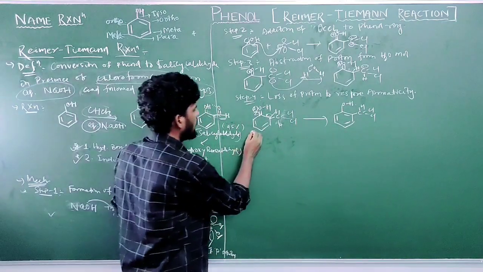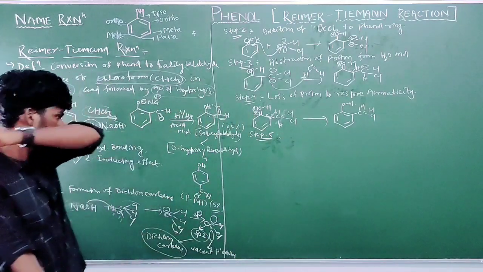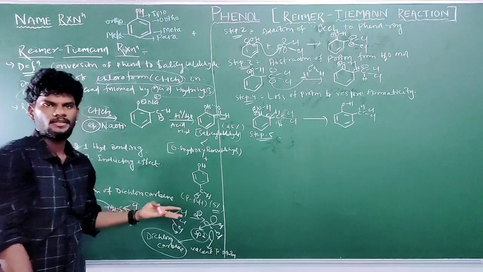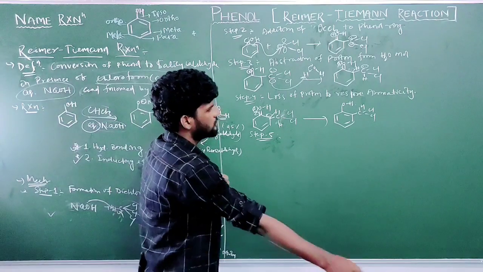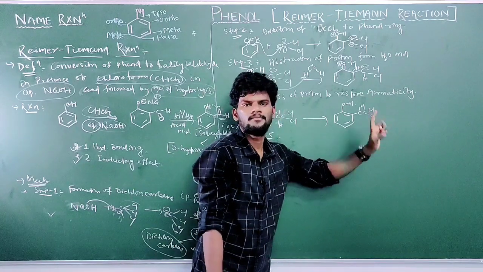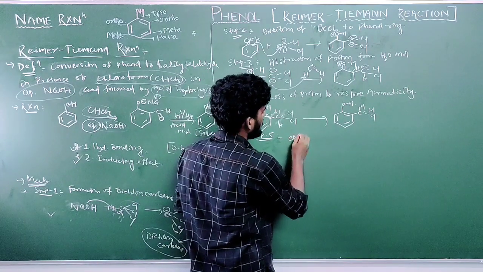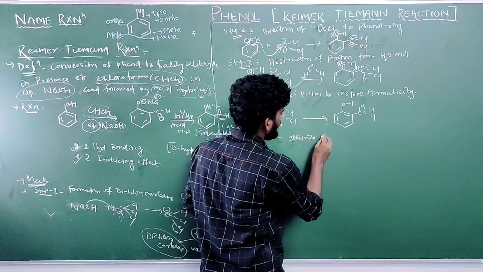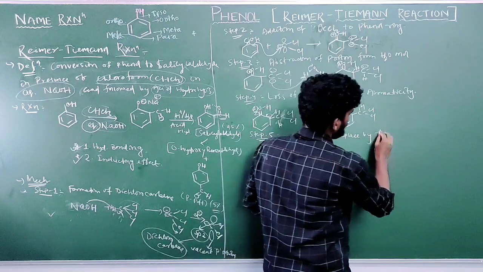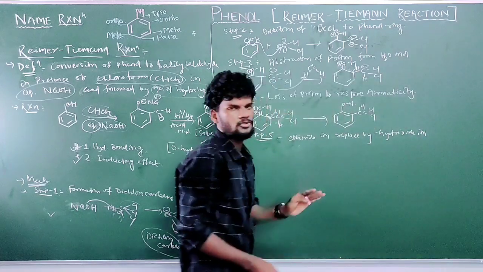Understand? So now step 5, what will happen in step 5? Look, 2 chloride ions here, and sodium hydroxide is also present. The hydroxide ion is nucleophilic in nature. It will replace one of the chloride ions in the next step. So step 5 is chloride ion replaced by hydroxide ion of NaOH, simple, right, by a simple substitution reaction.